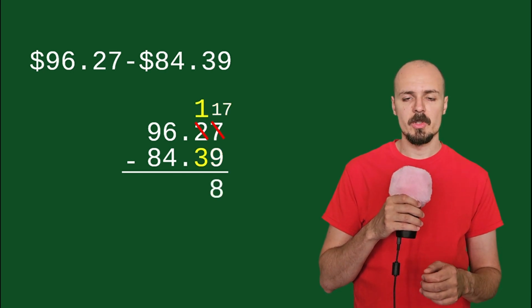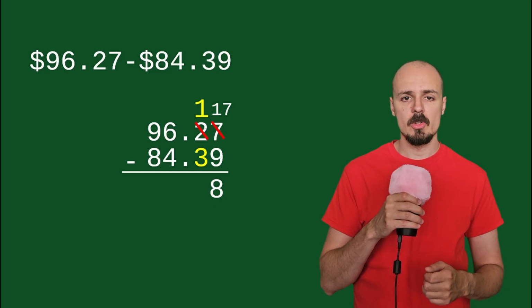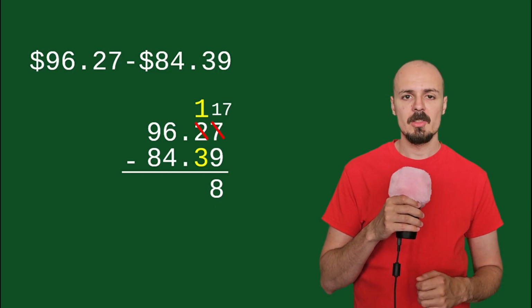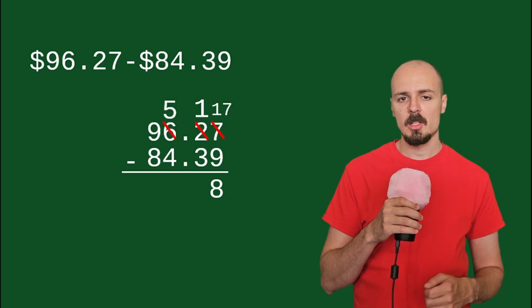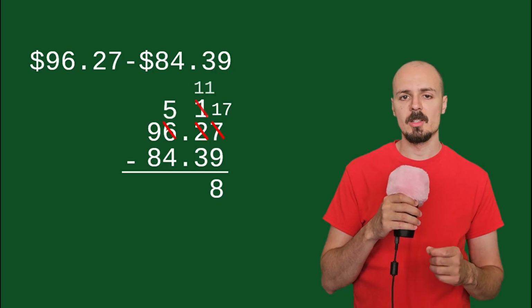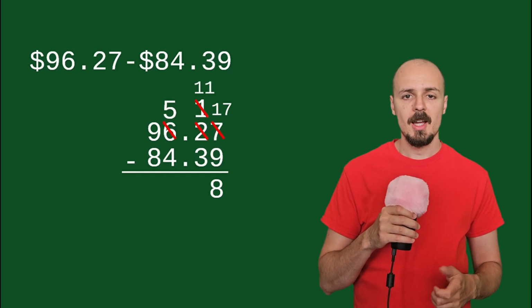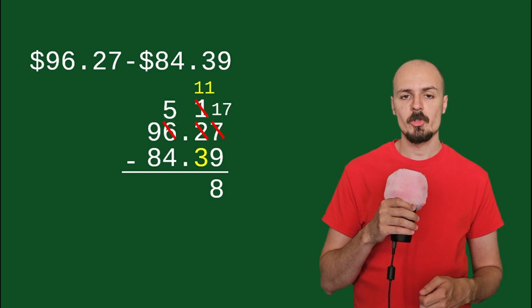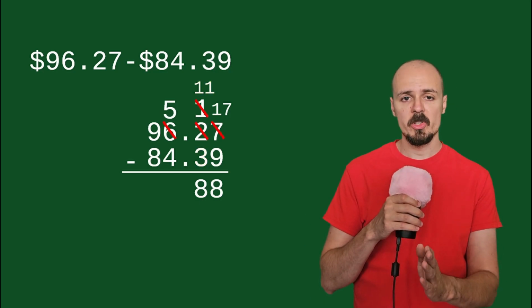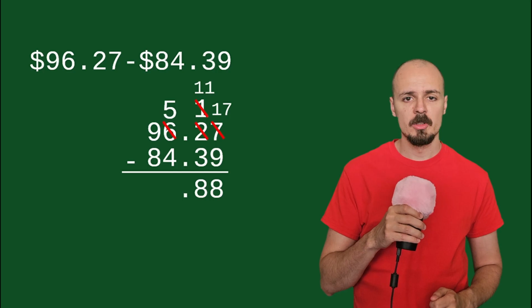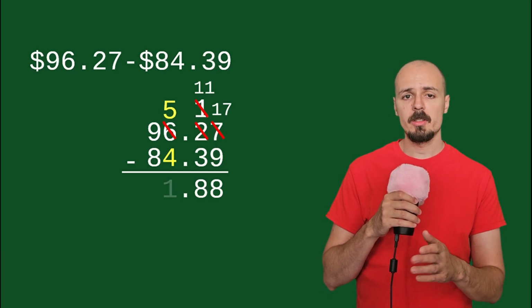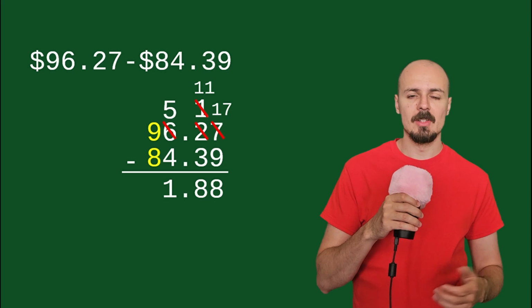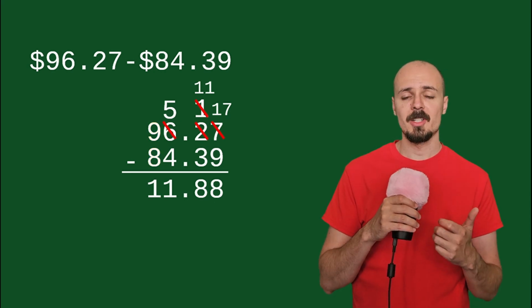1 minus 3, once again, we get a negative. So we'll borrow from the next column, this time from the 6. This will turn that 6 into a 5, and the 1 we borrow turns this 1 into an 11. Now we have 11 minus 3, which is 8. We place our decimal here so that all decimals are lined up, and we go to the next column. 5 minus 4 gives us a 1, and 9 minus 8 also gives us a 1. So the final answer is